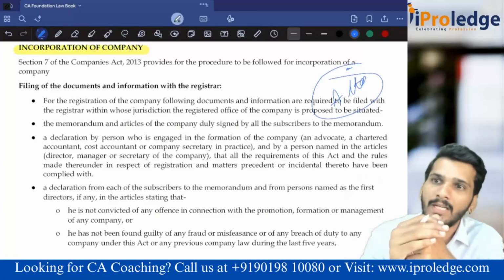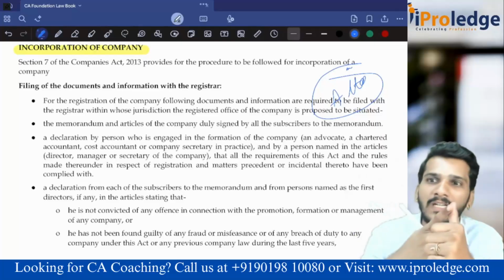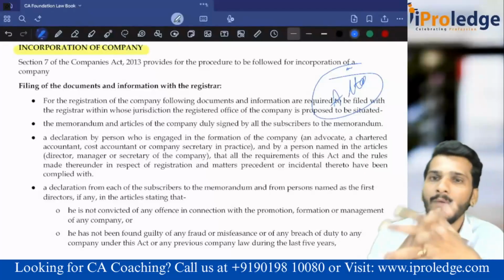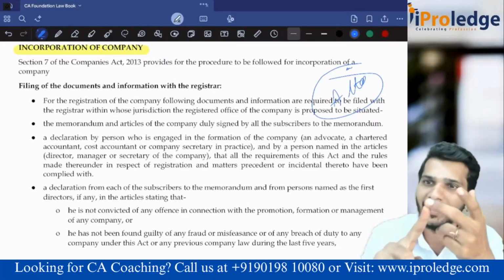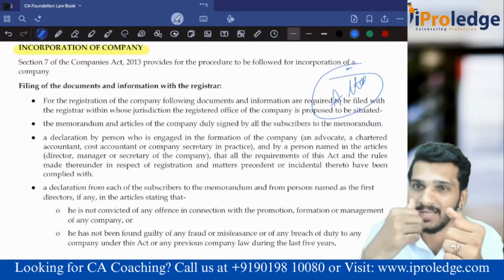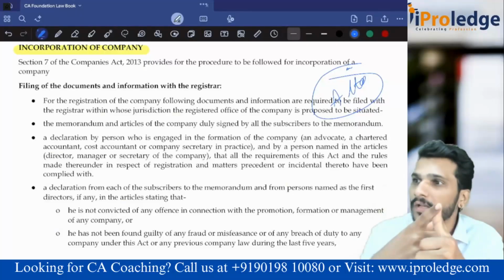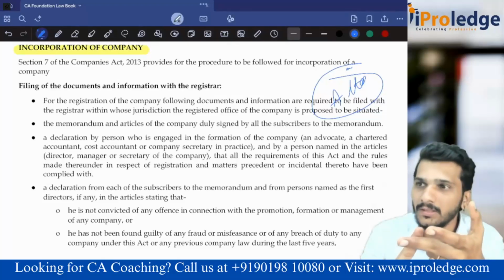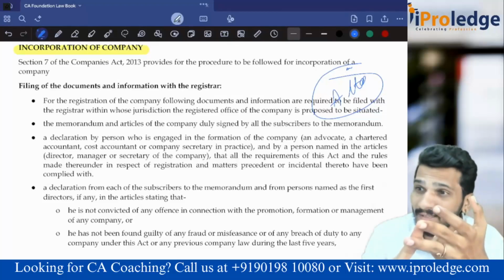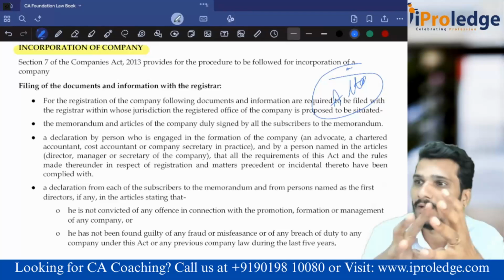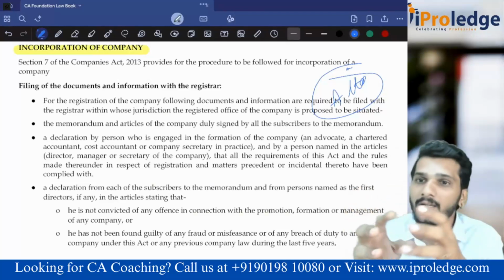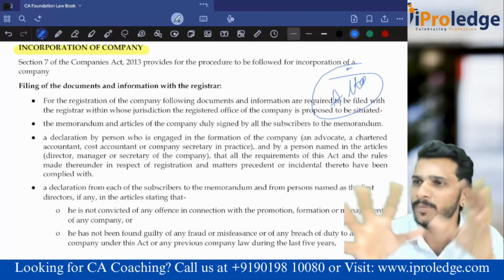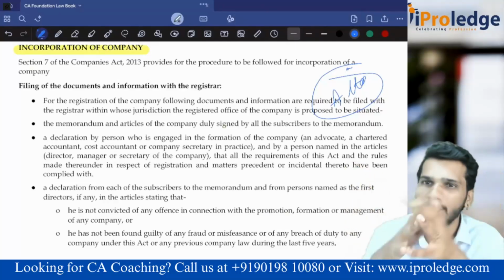And whenever you display that name, it should be in two languages. One is English, one is the vernacular language, the local language. Plus, whenever you issue a notice to somebody, or on letterheads, billboards, website, wherever you want to communicate, you have to communicate using the CIN number, name, mail ID, fax number, email ID. Everything has to be there in all those things. Whatever the details are, everything has to be there.